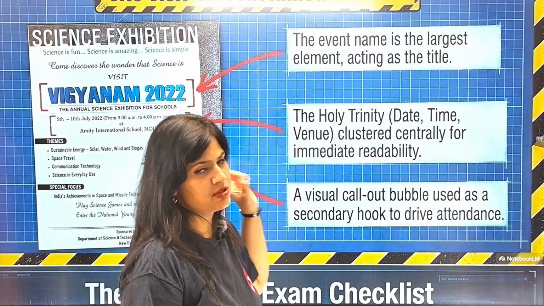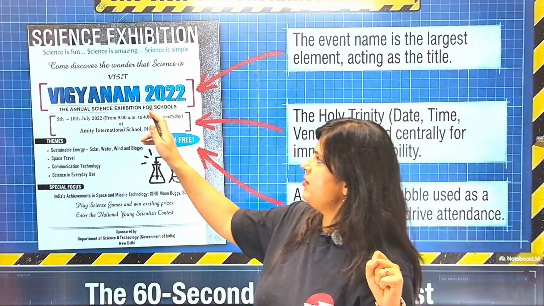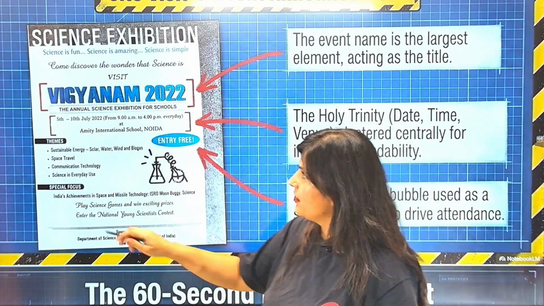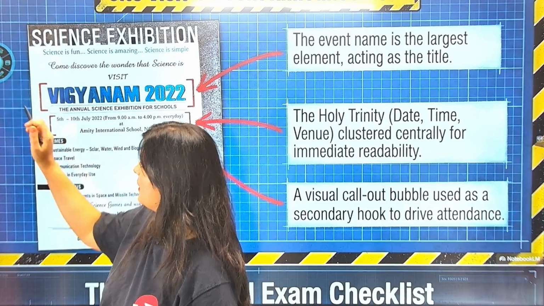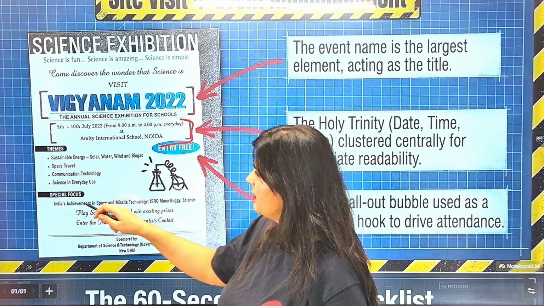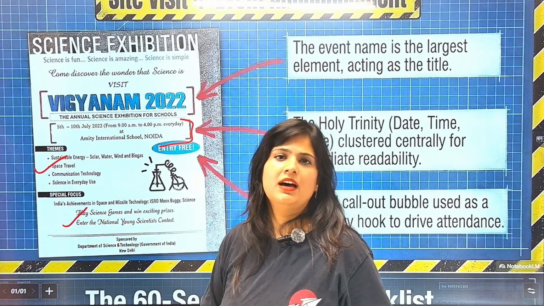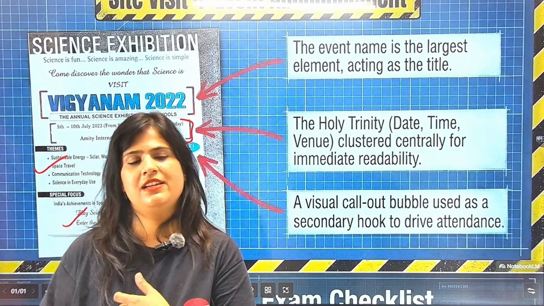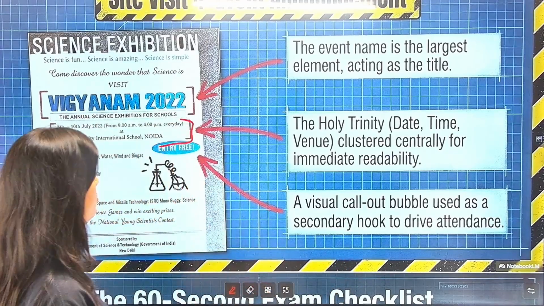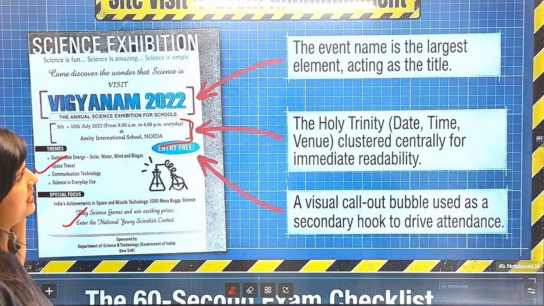Again, the general appeal poster. This is the event poster that I was talking about. Ab event poster mein, of course, DDTV is mentioned here, right? The date, time, venue is mentioned here. And as I was saying, the themes and the highlights. Ki what are the highlights? What are the attractive things about the event that is being conducted? So these are the things that you need to write.